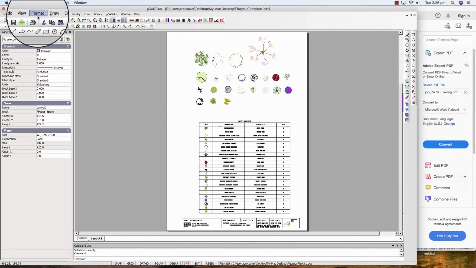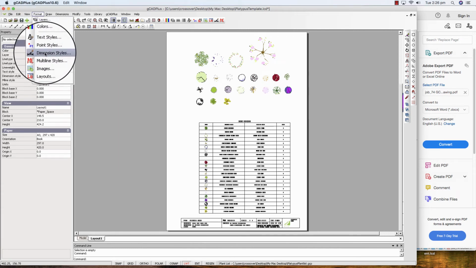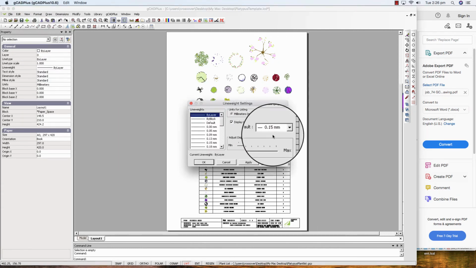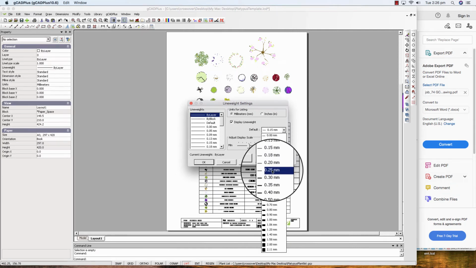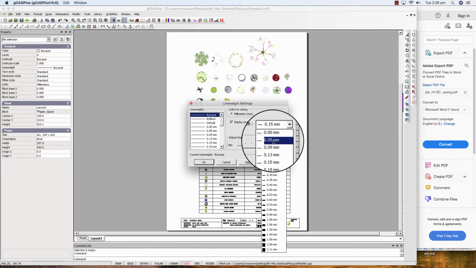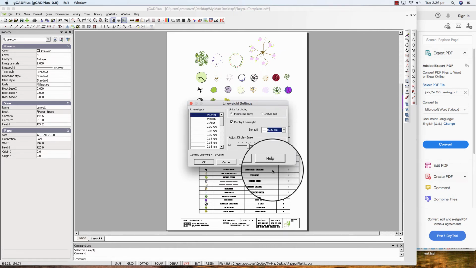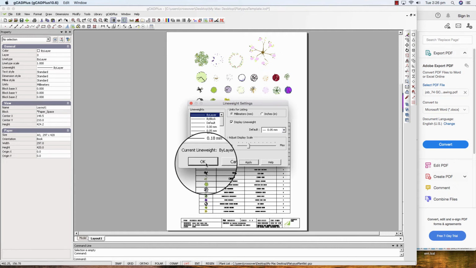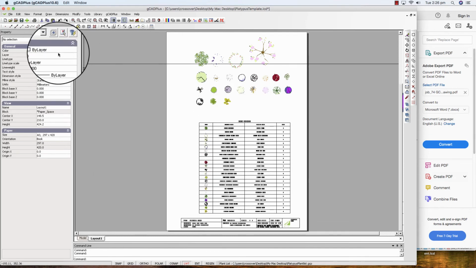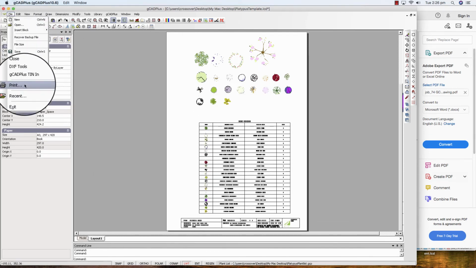The first is we'd go to Format and Line Weights. The default here is currently set at 0.15. You could argue it's a little bit too thick. The default is usually 0.25. Let's come down to 0.05. What I'm after is very fine lines so that we can zoom in on symbols and everything looks quite crisp. So we'll apply that and say OK, and we'll go back to File and Print,